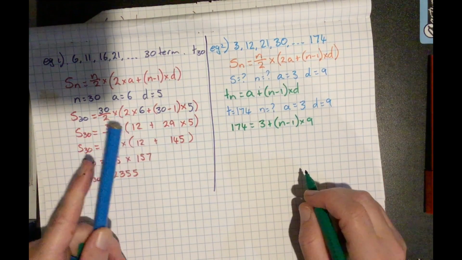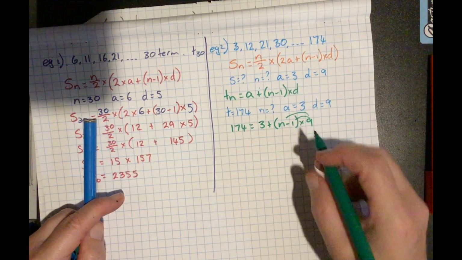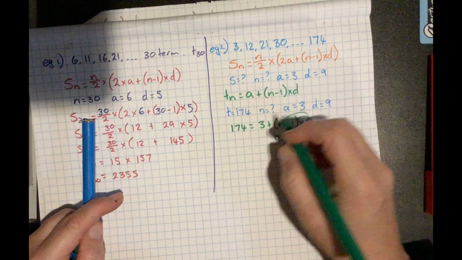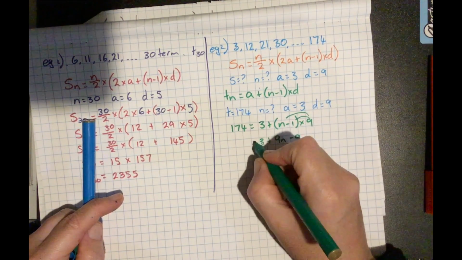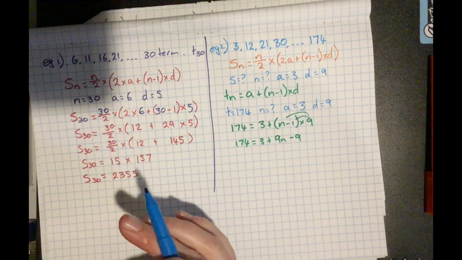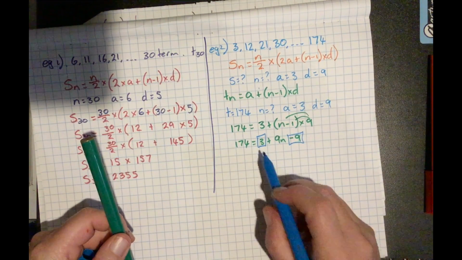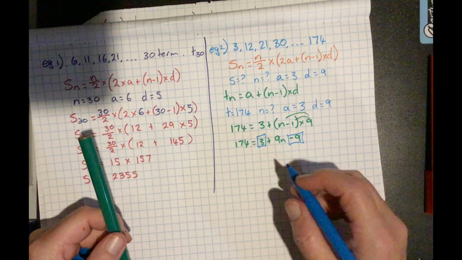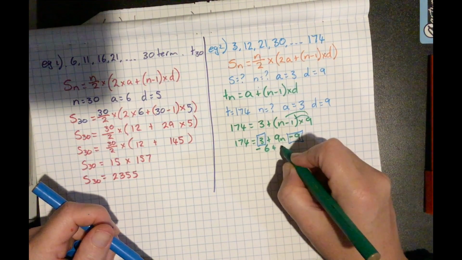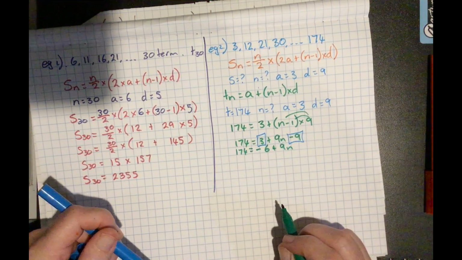So if we put in what we know, we can tidy it up. Remember, we had to expand this bracket out, which gave us 9n take away 9 plus 3 equals 174. And we had our like terms that we can use to tidy up the equation. 3 take away 9 is negative 6, okay? Equals,